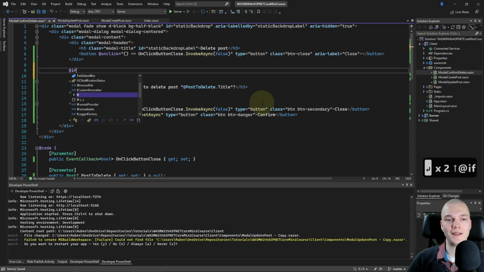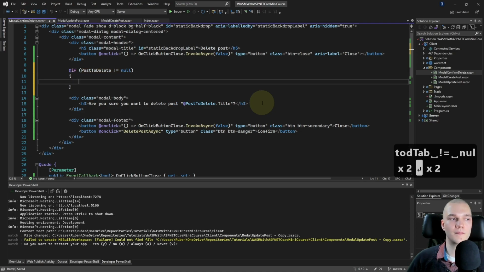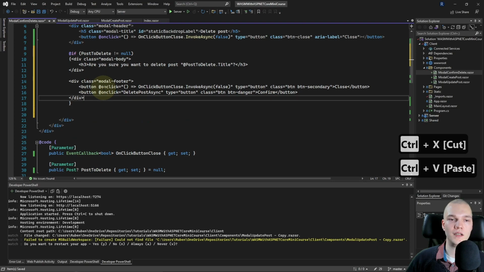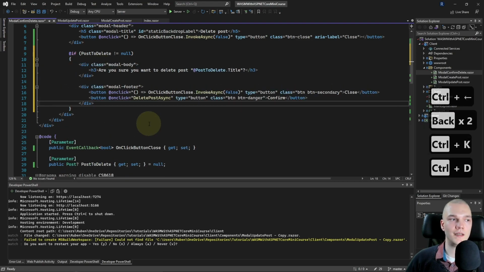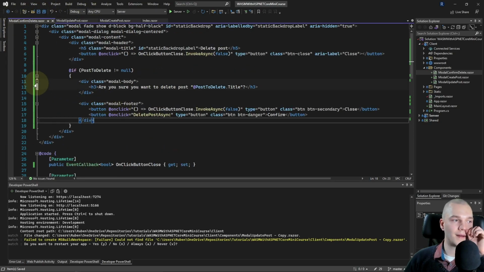So I'll add if the post to delete isn't null. And I'll cut and paste the body and footer in there. Hit Ctrl KD. Alright, so that's the component part done, I believe.